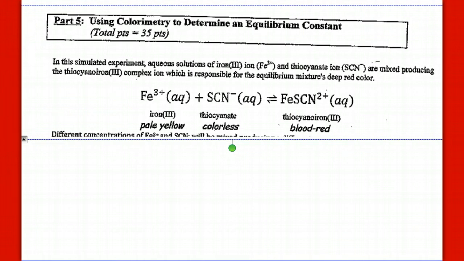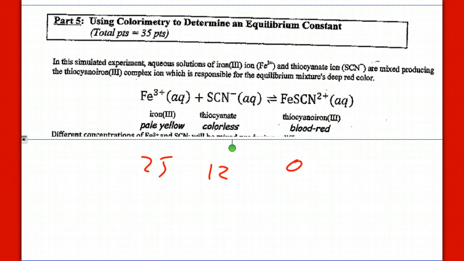Okay, so now the fun begins. And we have an equilibrium constant question. This is great. This is the lab we're going to do in 2 weeks. So you've got the iron and you've got the SCN. You put them together and you get blood red. The cool thing about equilibrium is that if you start with 25 irons and 12 SCNs and none of those guys,